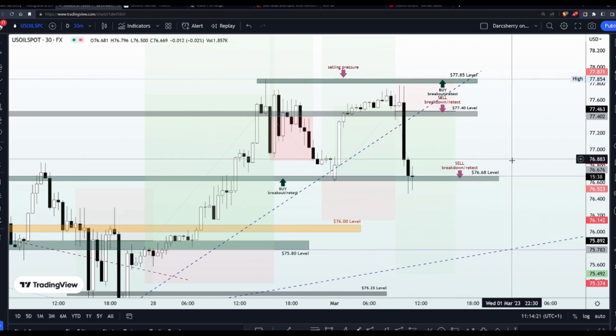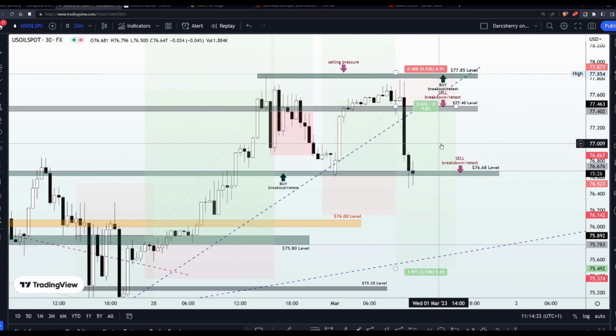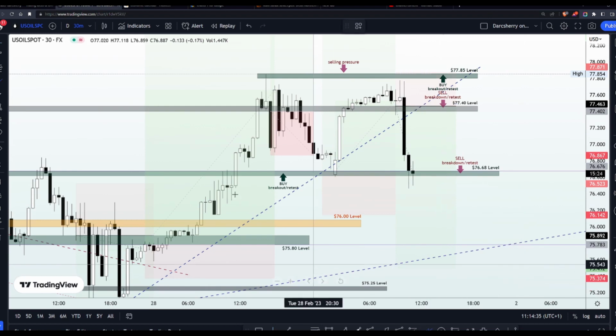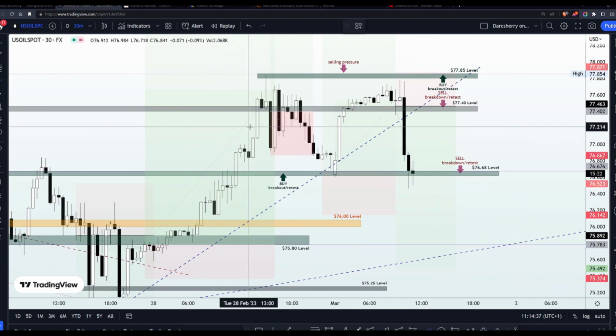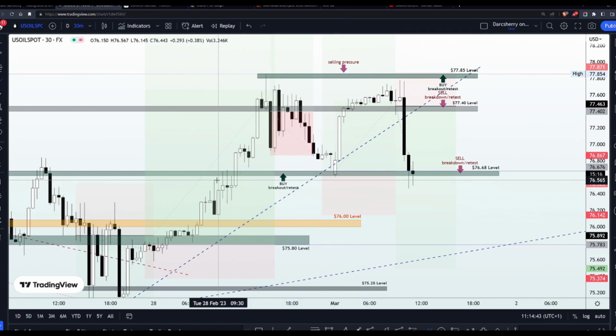So congrats to everyone who is taking advantage of this opportunity, and the next thing you want to be doing right now is to secure this current position, as we don't want to lose whatever we have made so far on this one. The most appropriate area to secure this position is to place your stop loss somewhere right around the $77.20 level. Let's secure this current position and wait to see how price action will react to the